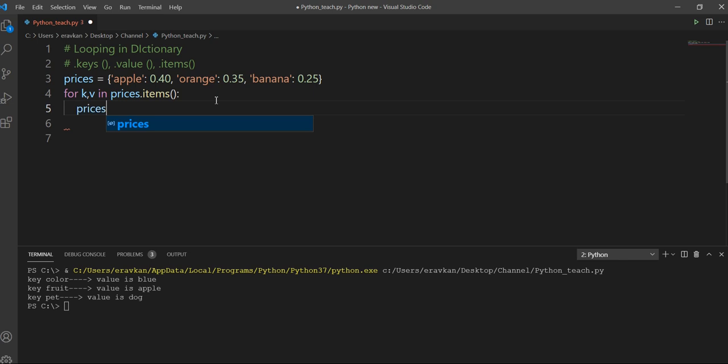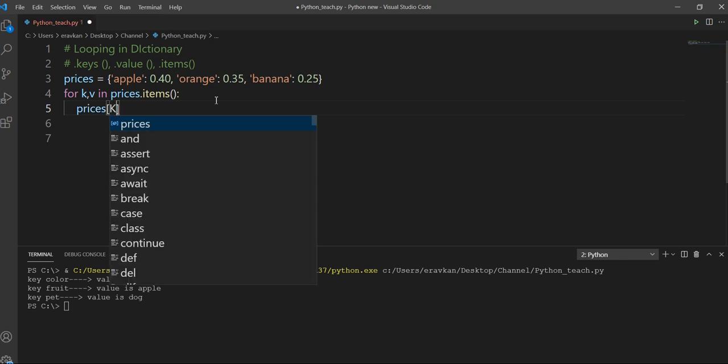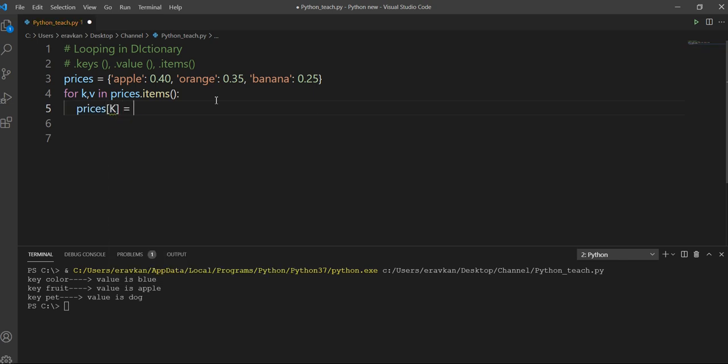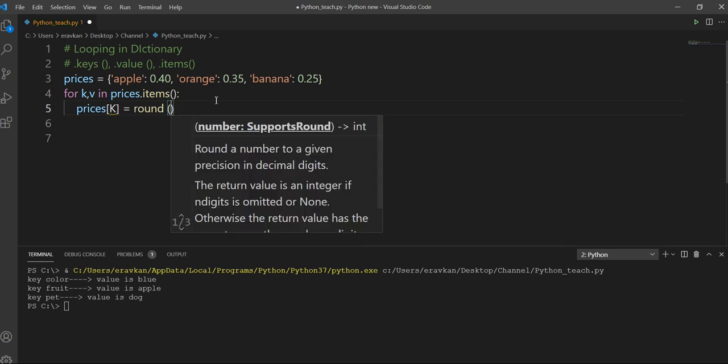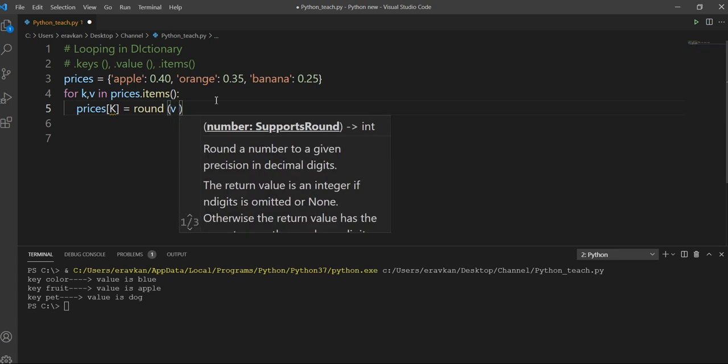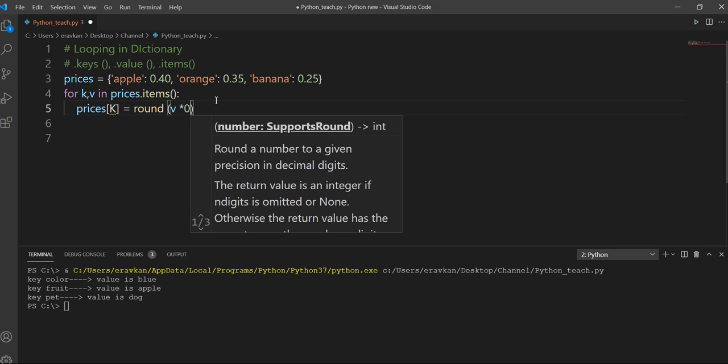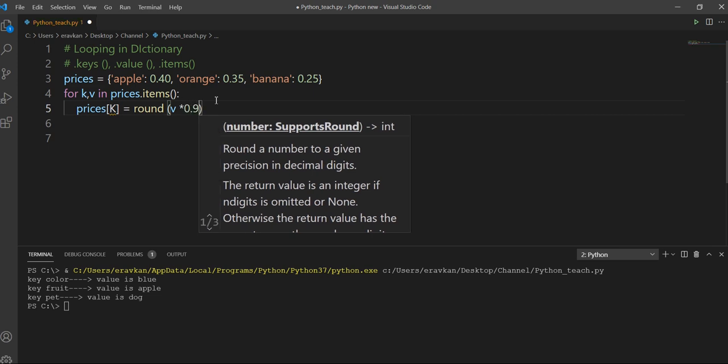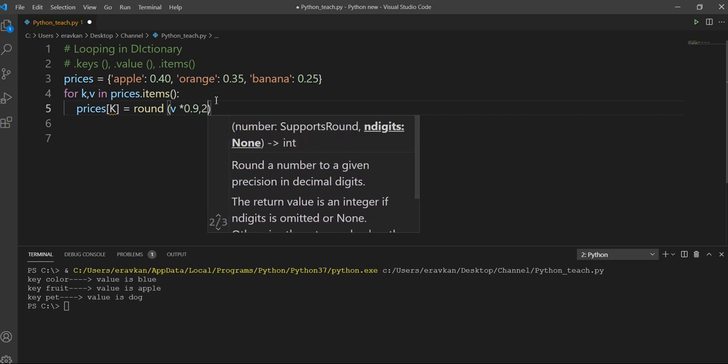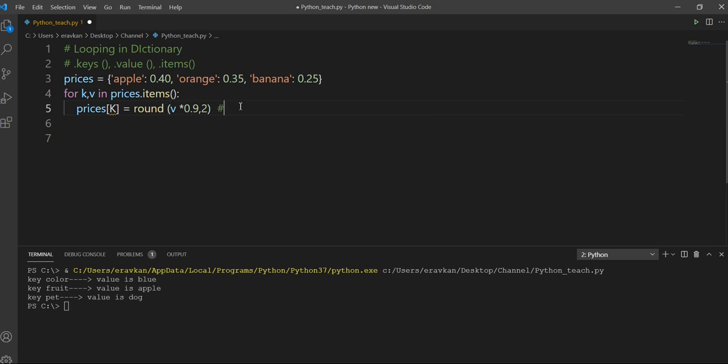So new prices, key, then I can use the round function, and suppose I want to give a discount of 10%, and then 2.